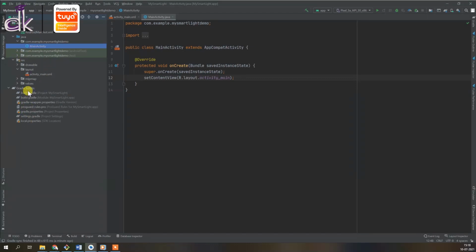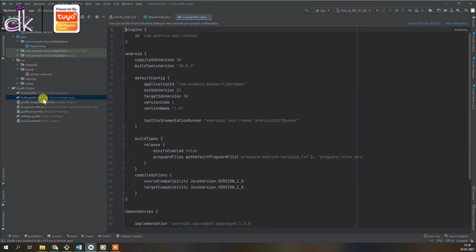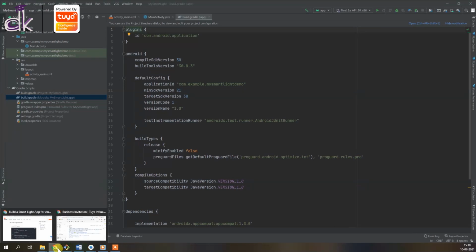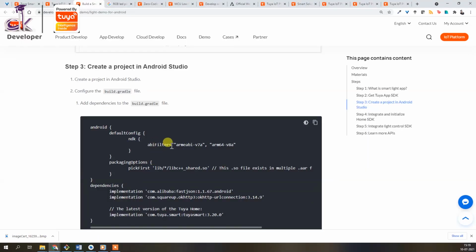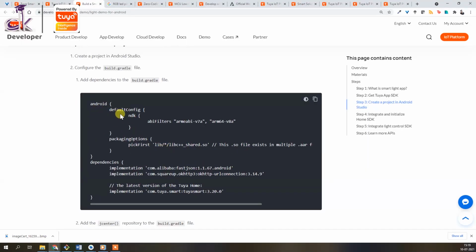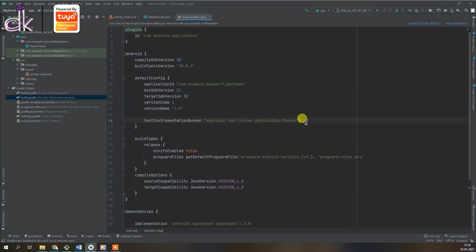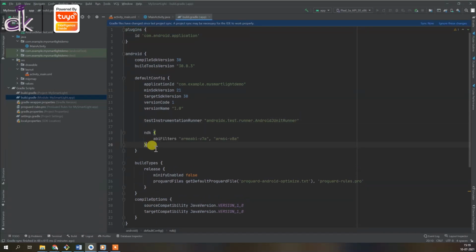Under the build.gradle file, just go to the app level Gradle file and then open up the article here, and in this you will see that in the default config you'll need to add the NDK, and I'm just going to do that. So add the NDK, and then